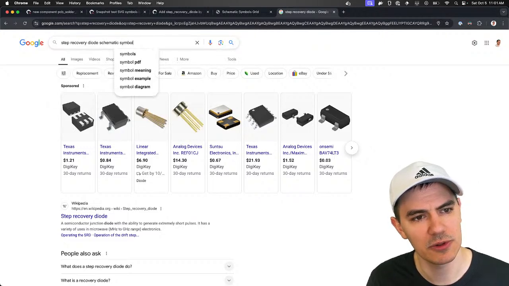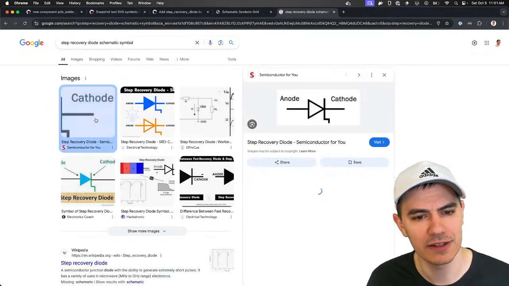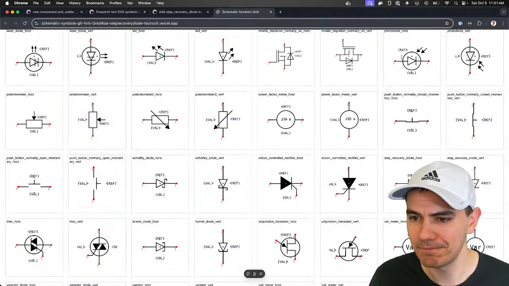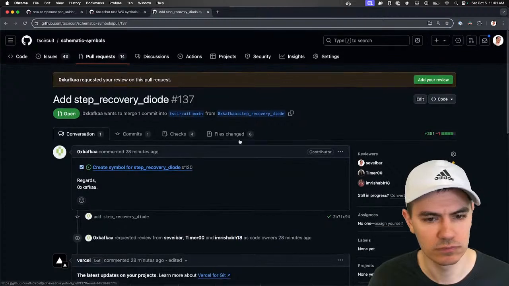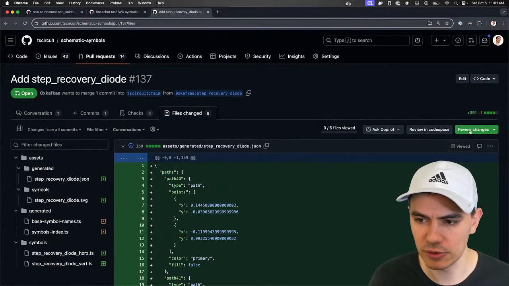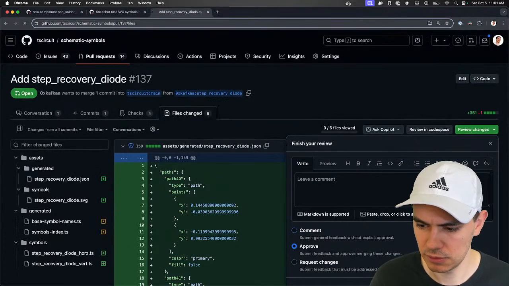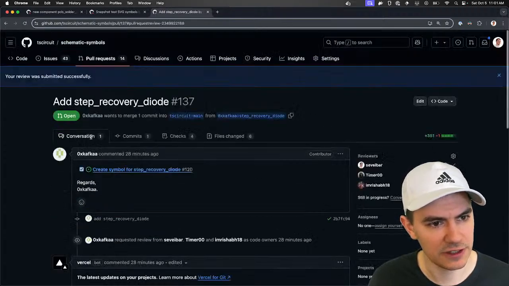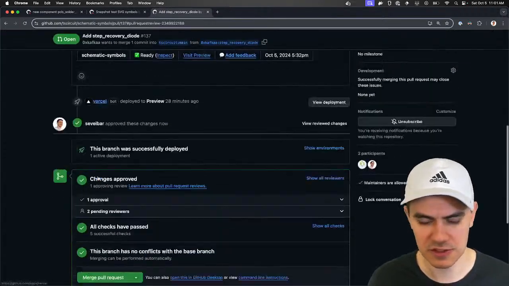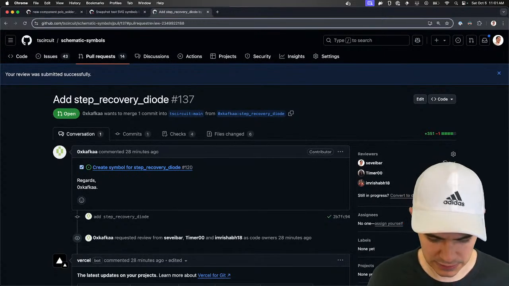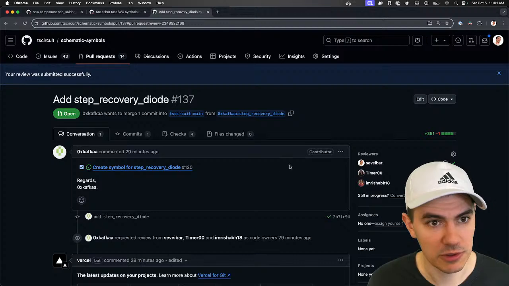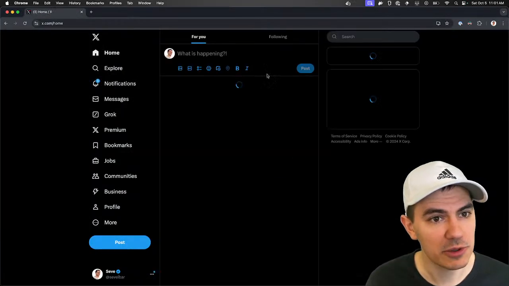Schematic symbol. Wow. Yeah, it's a thing. Okay. Looks good. Thank you. Kafka, I think, is your name in Discord. Thank you very much. I guess I should post that I'm doing these reviews in case people care.